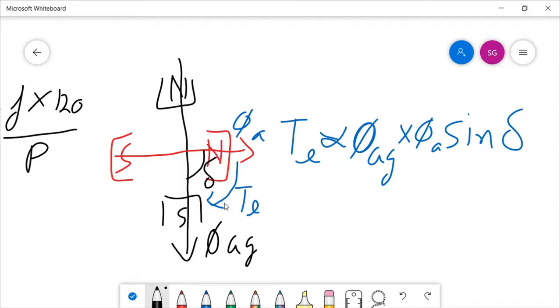Now, as we know that this magnetic field is rotating, it means this north and south pole both are rotating at omega s speed. So when this is rotating, it will drag this rotor as well,